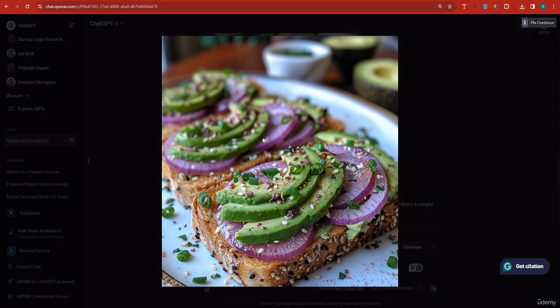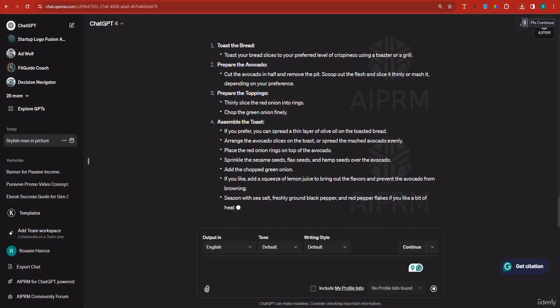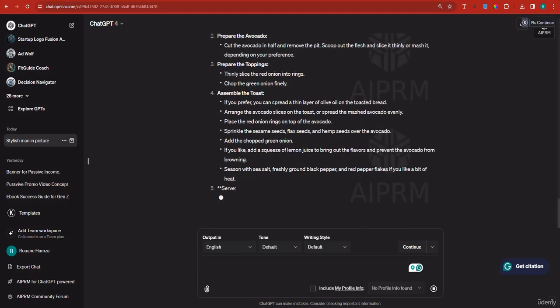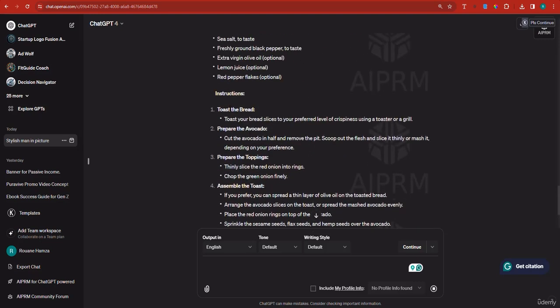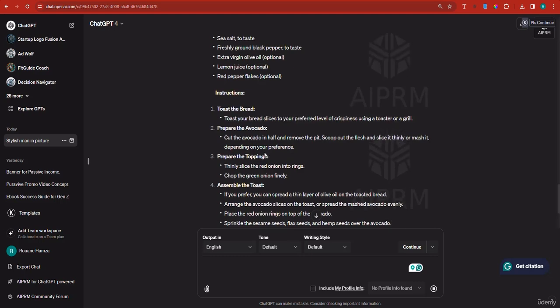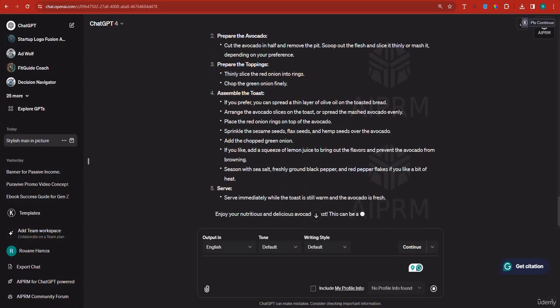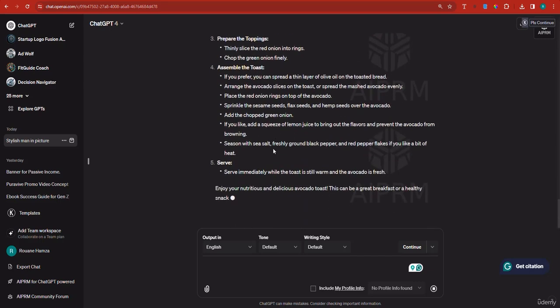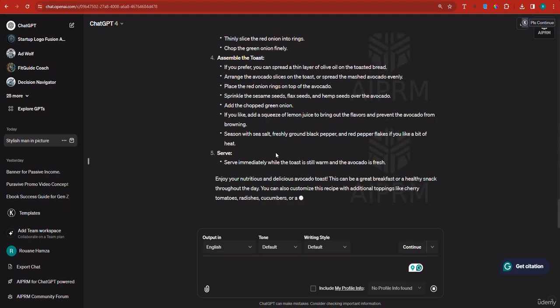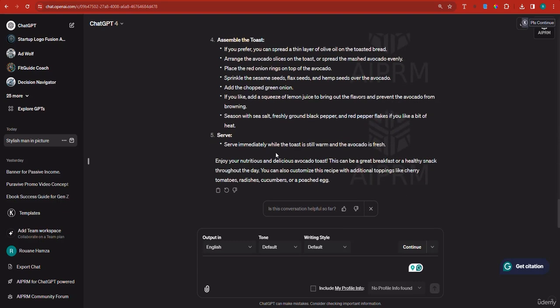So you can use Midjourney to create images and use those images to basically create, let's just say, a recipe. And not only that, it gives you the instructions on how to cook. It gives you the instructions to toast the bread, prepare the avocados, prepare the toppings, assemble the toast, serve, and so on and so forth. And it really is your coach. So I hope that you got the idea now as to how you can use ChatGPT from image to text,